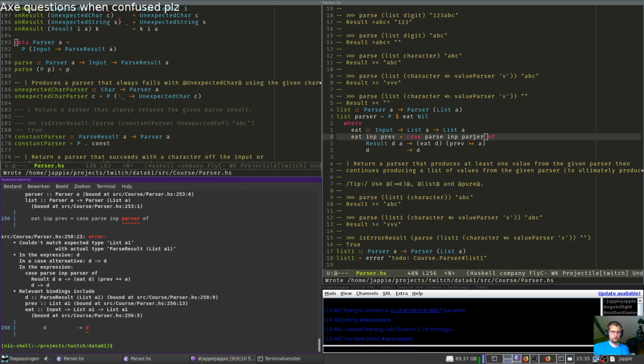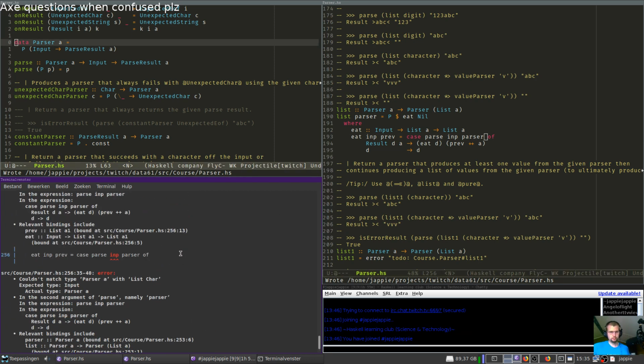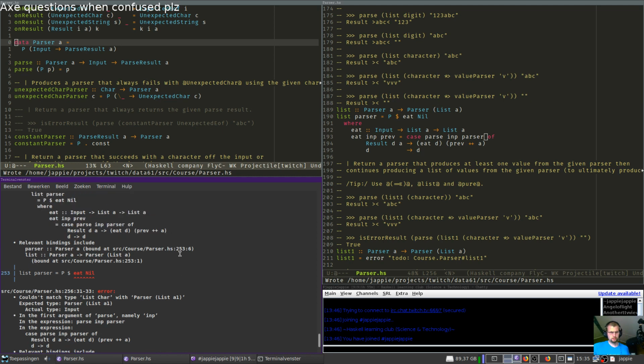And because of the polymorphism, the type errors tend to get mucked up. Just something to be aware of.